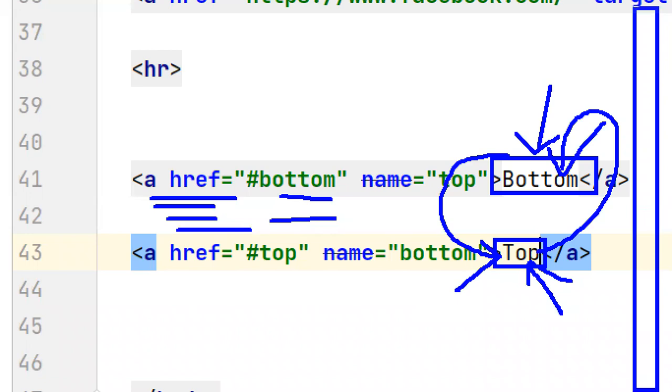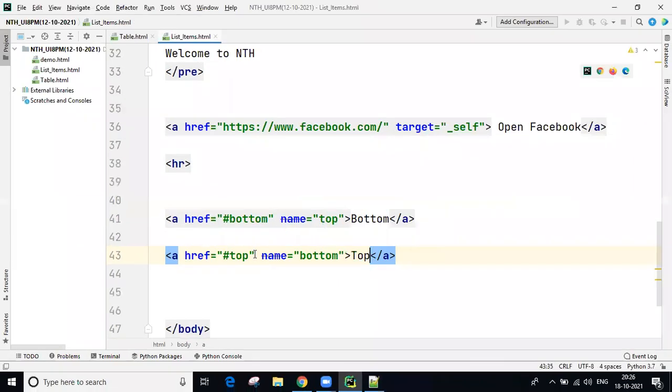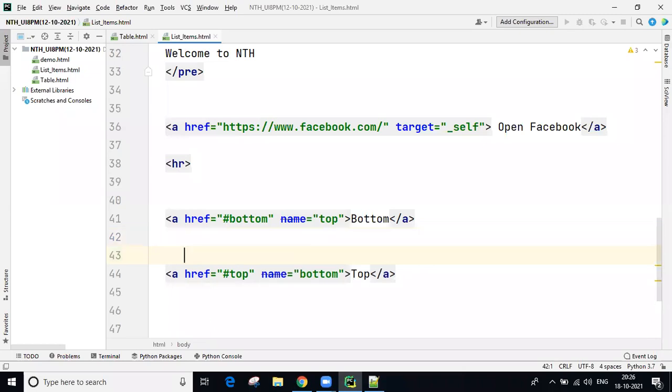Sometimes we need to move from top to bottom a lot. So instead of moving like this, whenever you click this link, it directly jumps to wherever this href value points. Okay, means location to location jumping. That is called intralinking.